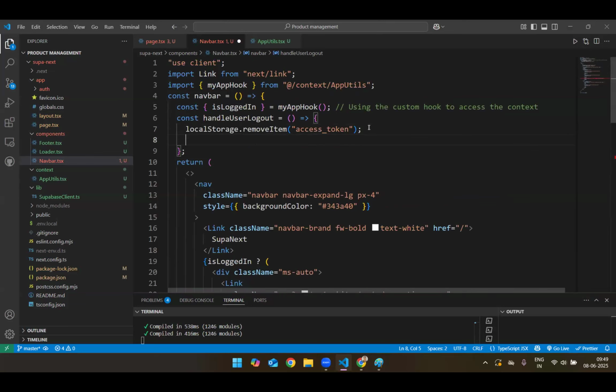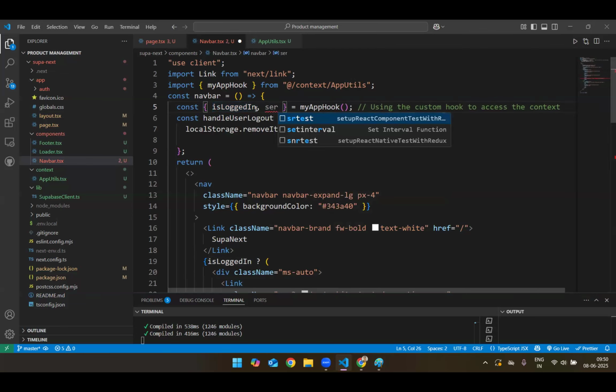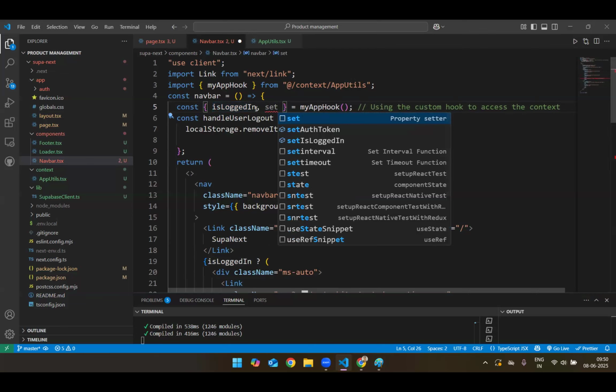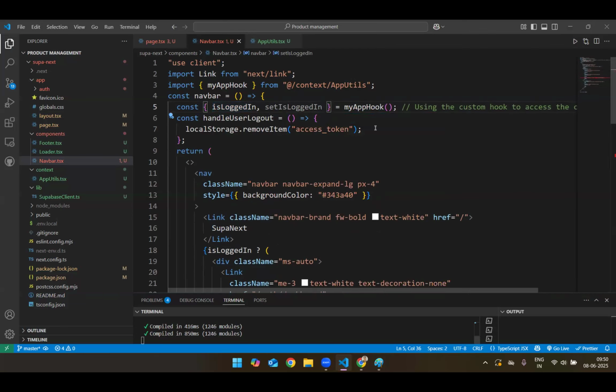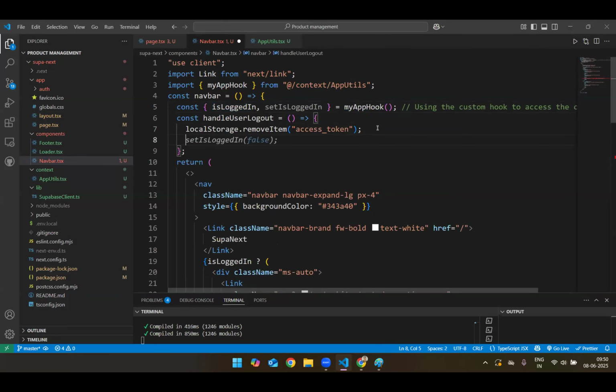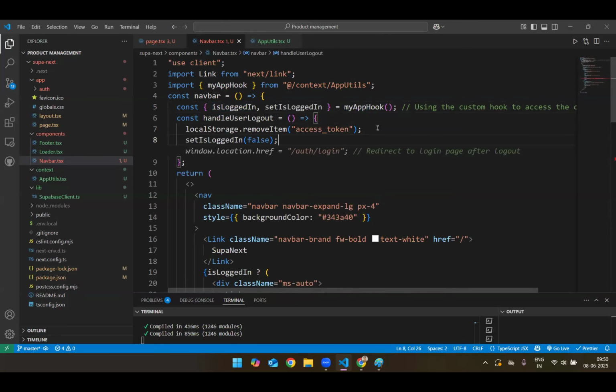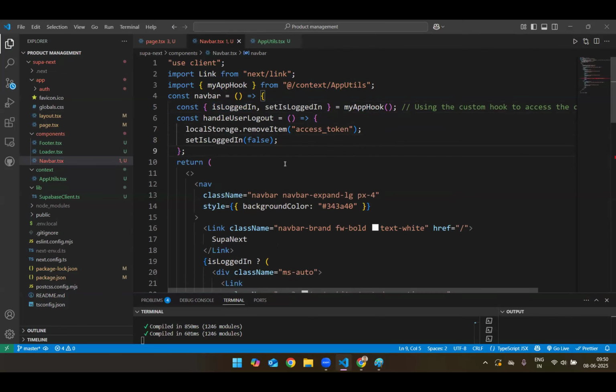And then one more thing you have to do. We have to set logged in, so I'll have this here. Set is logged in to false. And then,